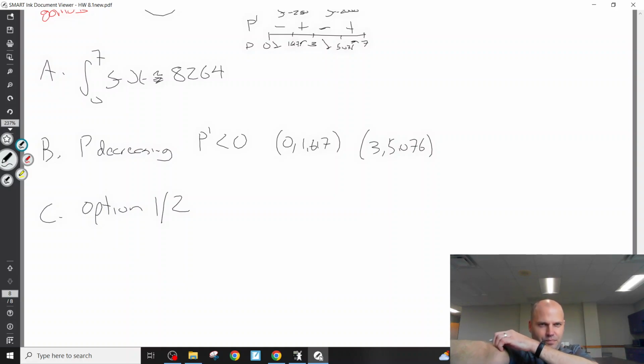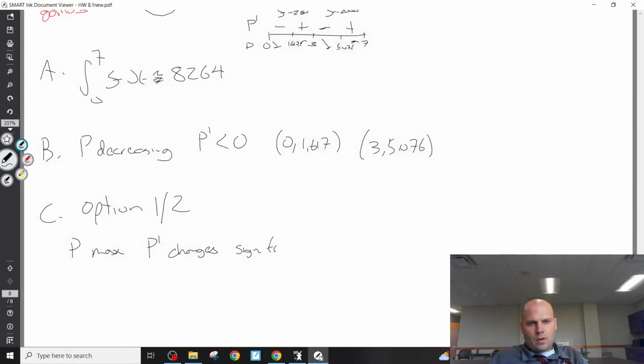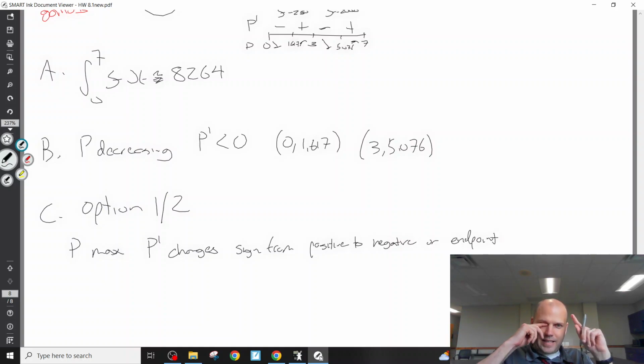Watch what I'm going to say. P could be a max, not just when the derivative is zero. P could be a max when P prime changes sign from positive to negative, or an endpoint. Now look at what I just did. I did not say P could be a max when the derivative is zero. Because if I said that,